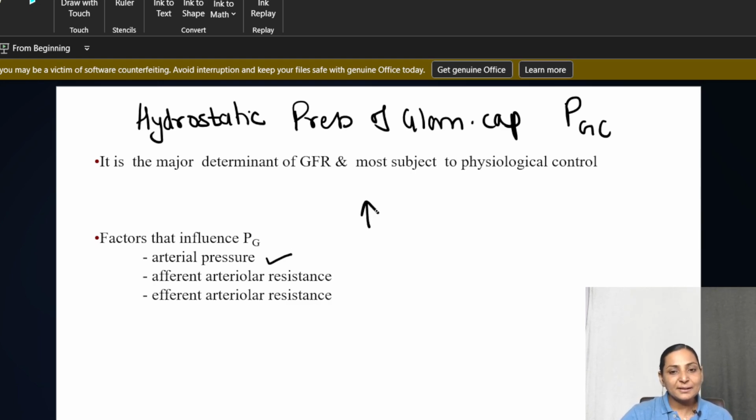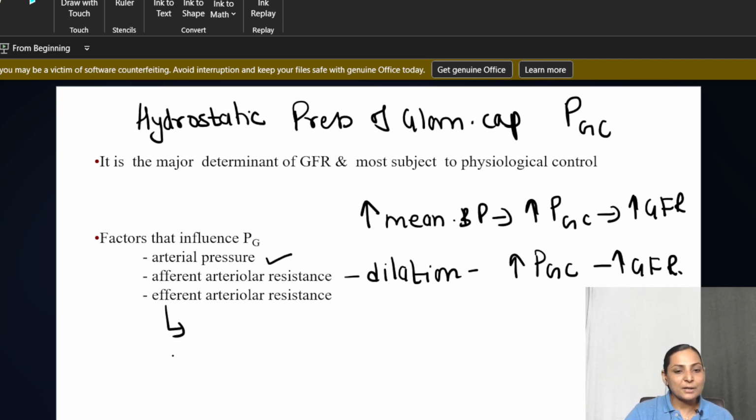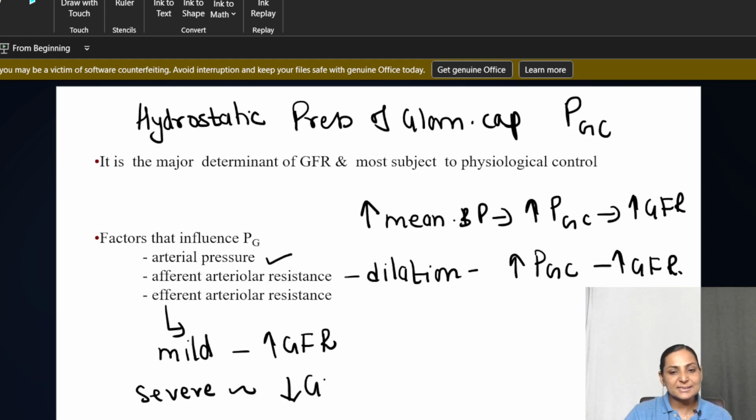So if there is an increase in the mean blood pressure, okay, that is the arterial pressure, there will be increase in the hydrostatic pressure of the glomerular capillaries, and there will be an increase in GFR. If there is afferent arteriolar dilatation, there will be increase in the glomerular capillary hydrostatic pressure, which will increase your GFR. The efferent arterioles show dual effect. Mild efferent arteriolar resistance increases GFR, but if there is a severe efferent arteriolar resistance, it will decrease